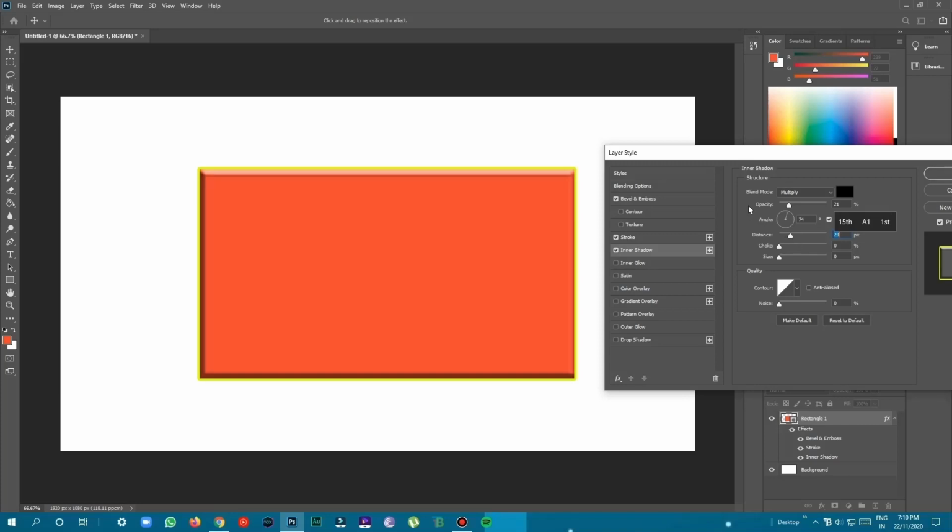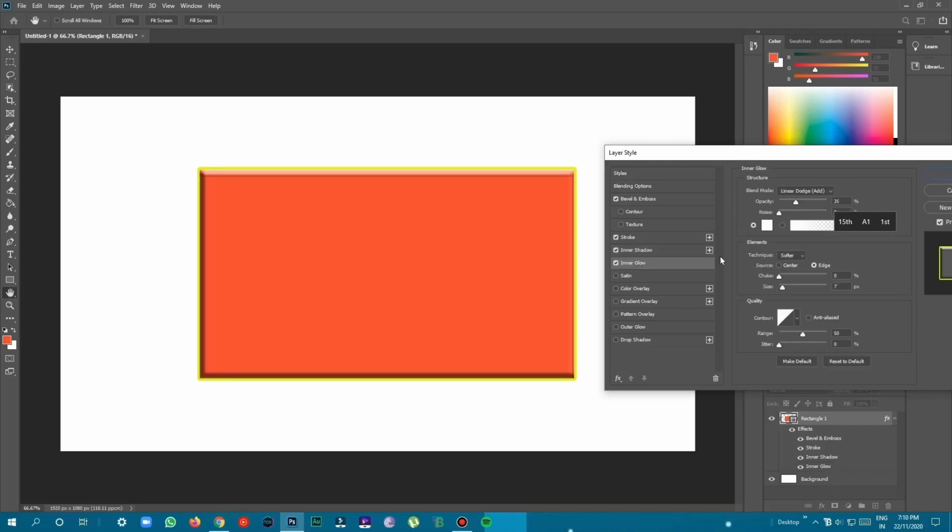As the shadow comes. Next we are going to see the inner glow. It's like a shadow and stroke mixed, you can say. It gives a glow inside the rectangle. It feels good to customize some of the shapes that we will work on in Photoshop. As you can see, there are tiny differences when we use these layer effects.